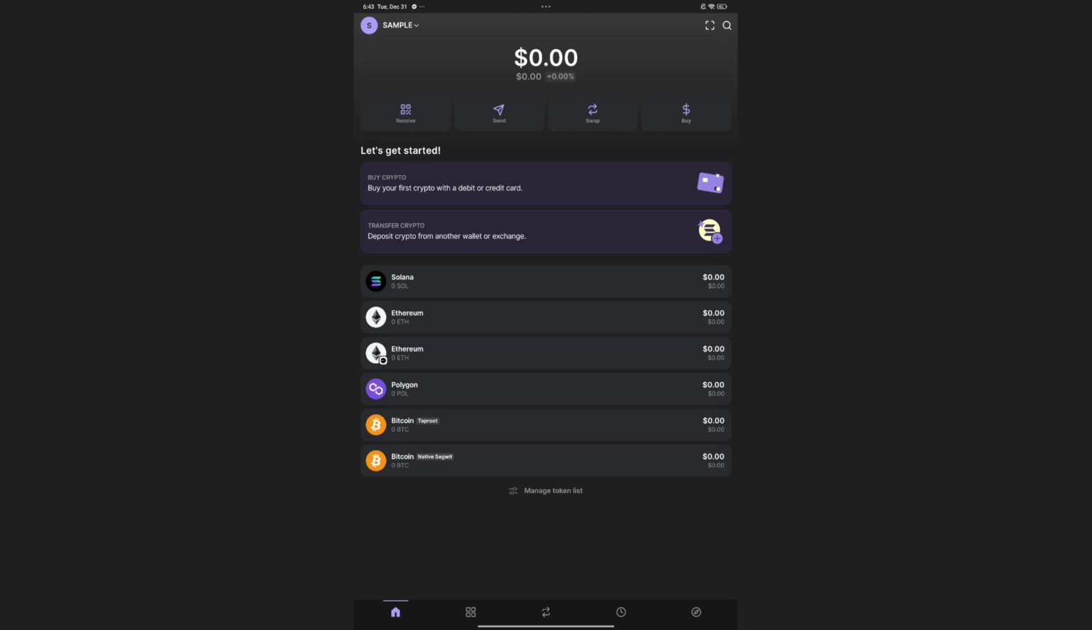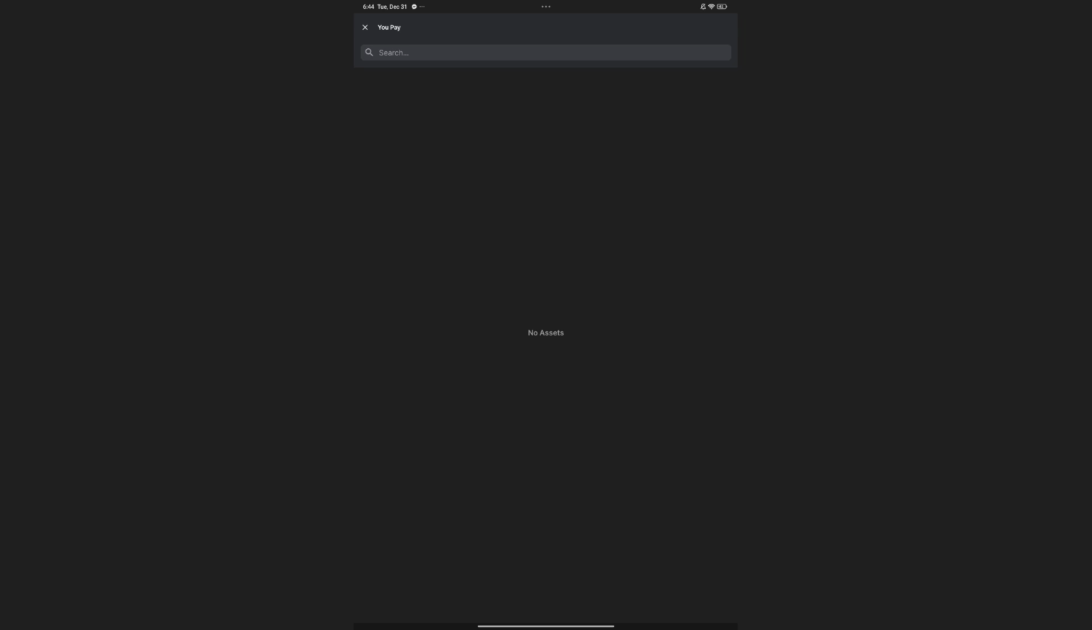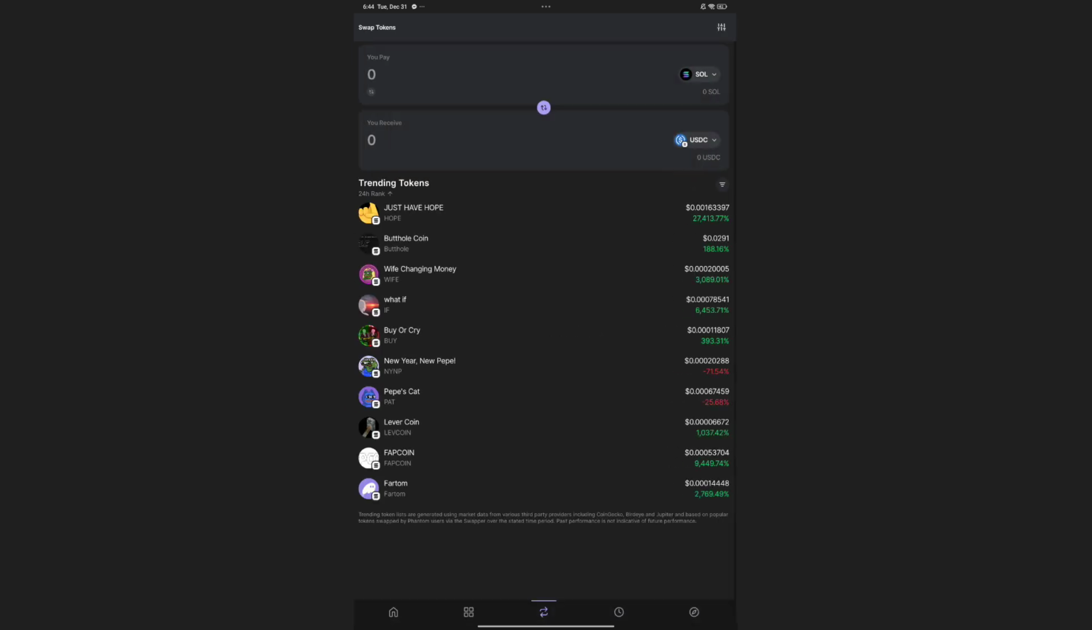Now hit on that swap button below your current balance to be able to sell your current cryptocurrency and convert that into another cryptocurrency. So you can go ahead and change the cryptocurrency that you're going to pay along with the cryptocurrency that you want to receive. So just simply change that depending on what cryptocurrency you want to sell on Phantom Wallet and enter the amount that you want to sell and swap into a different cryptocurrency. And that is how you can simply sell on